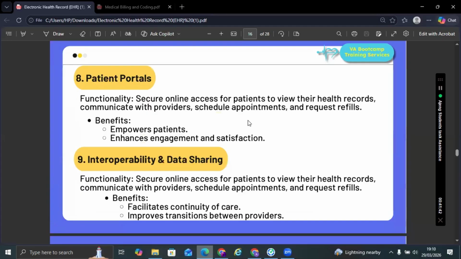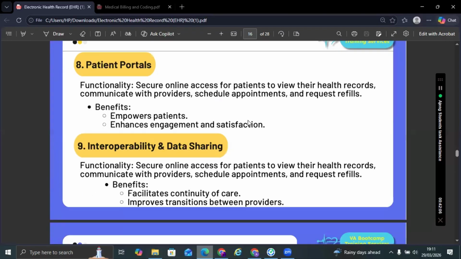Next is patient portal. The functionality: a secure online access for patients to view their health record, communicate with providers, schedule appointments, and request refills. The benefits are empower patients and then enhance engagement and satisfaction. And then